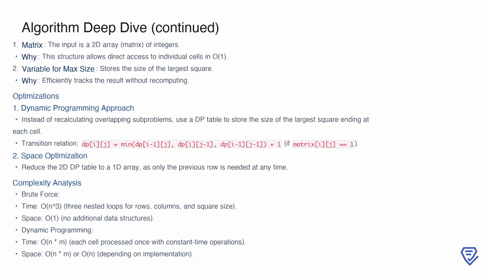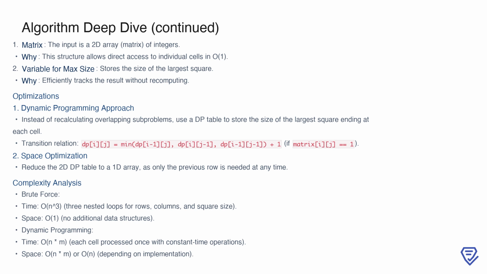To address the inefficiencies of the brute force approach, we turn to dynamic programming. The input remains a 2D matrix, which allows us to access individual cells in constant time. We also maintain a variable to store the size of the largest square found, ensuring we don't have to recompute results. The dynamic programming technique optimizes the solution by breaking the problem into subproblems and storing their results in a